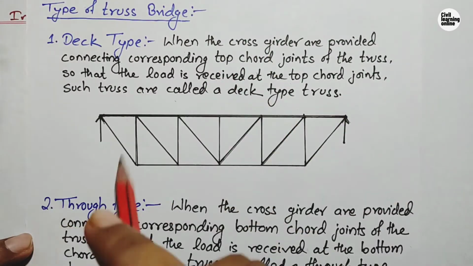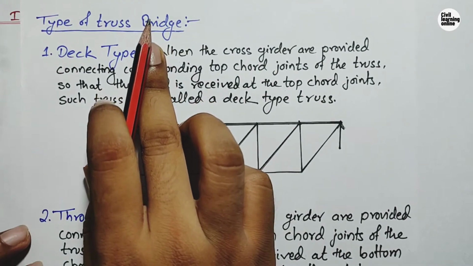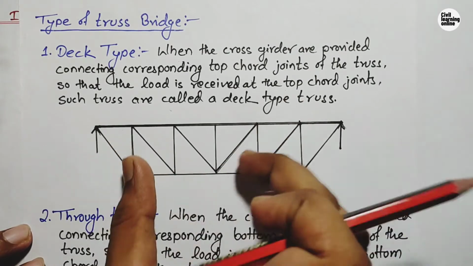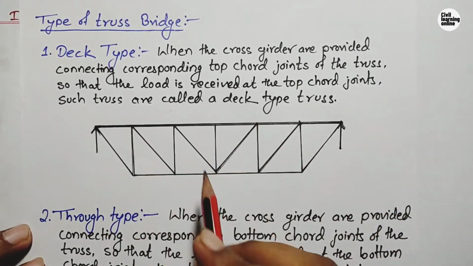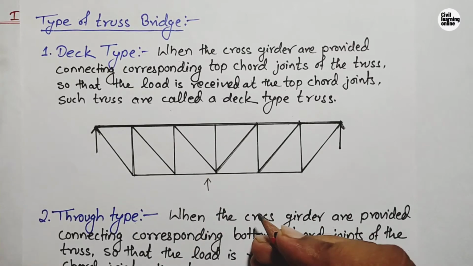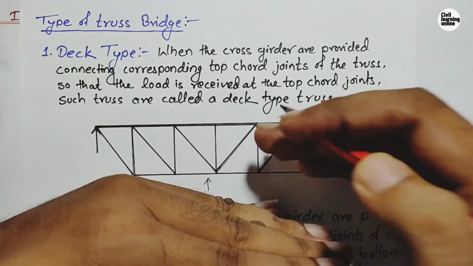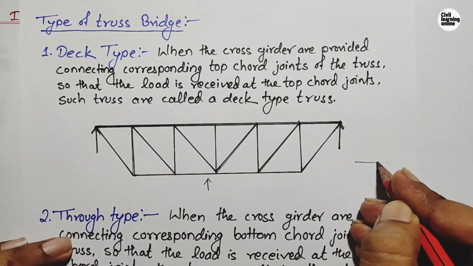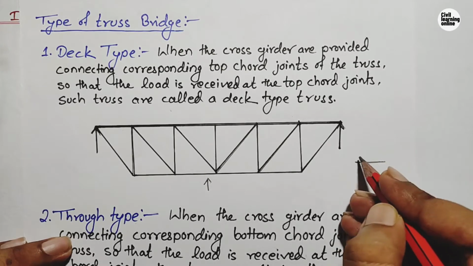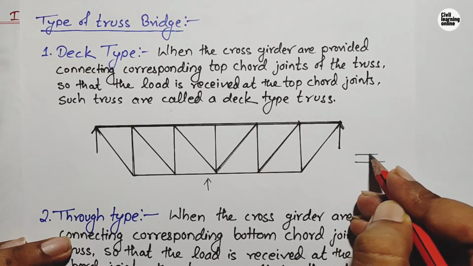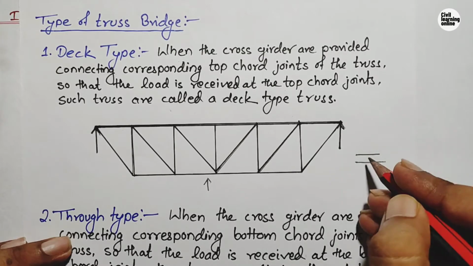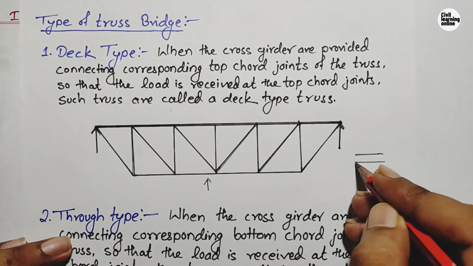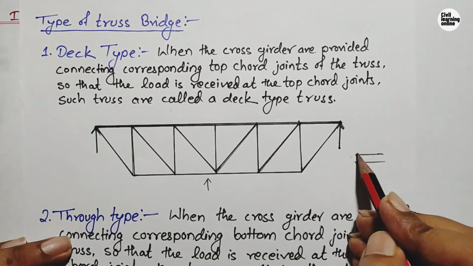So whenever we discuss a truss bridge, it means it consists of two trusses. So this is the front view of the truss. This is our front view, and in bridges what happens, there are two such trusses placed close to each other. One here, if we watch from the top view, then one will be here and another will be parallel with it. When we watch it from the top, you will see these two trusses, this is one truss, this is another truss.